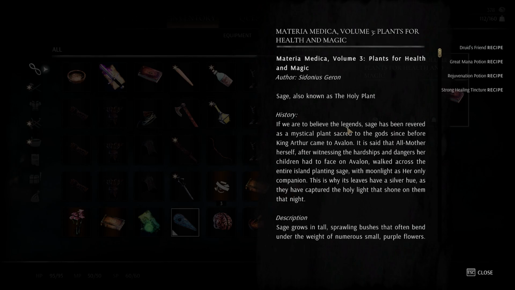Materia Medica, Volume 3. Plants for Health and Magic. Author Sidonius Geron. Sage, also known as the Holy Plant. History. If we are to believe the legends, sage has been revered as a mystical plant sacred to the gods since before King Arthur came to Avalon. It is said that the All-Mother herself, after witnessing the hardships and dangers her children had to face on Avalon, walked across the entire island planting sage, with moonlight as her only companion. This is why its leaves have a silver hue, as they have captured the holy light that shone on them